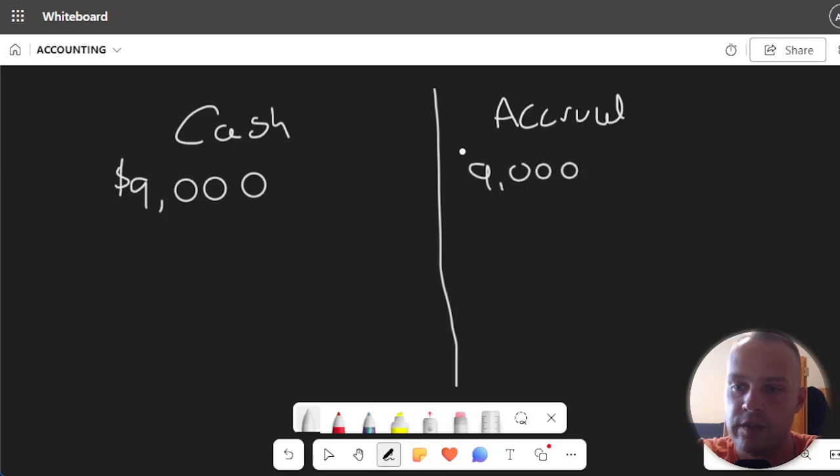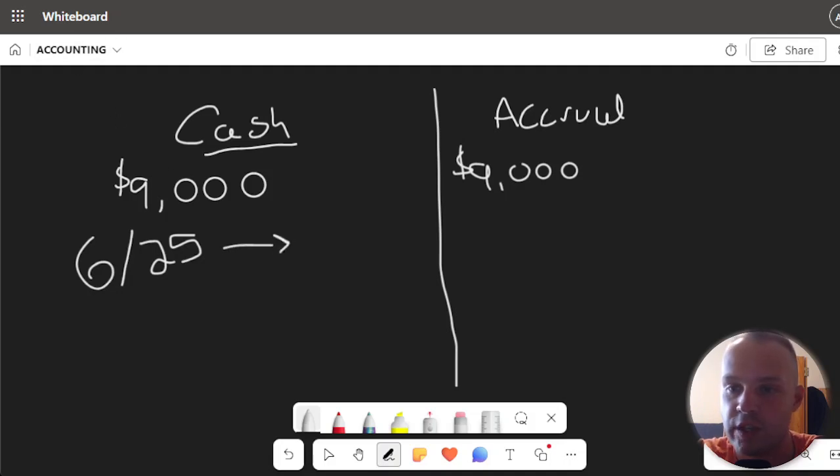Now, the real major difference between cash accounting and accrual accounting is when revenue is recognized. Cash accounting is basically the definition: revenue is recognized when the cash is received. So obviously that would be when you go to the closing. Let's say your closing is 6/25, and the title company hands you, let's say, $12,000, a little above $9,000 because maybe you have a split.